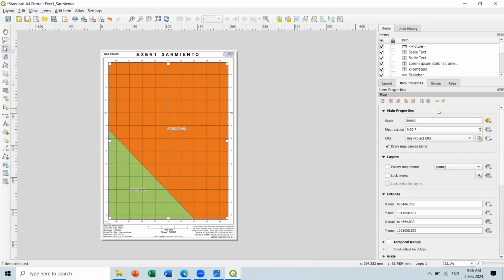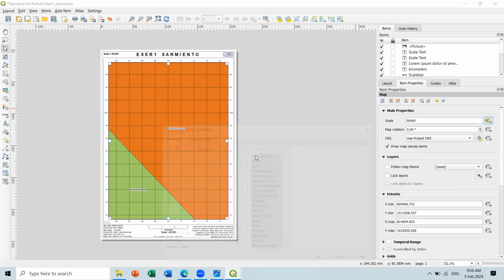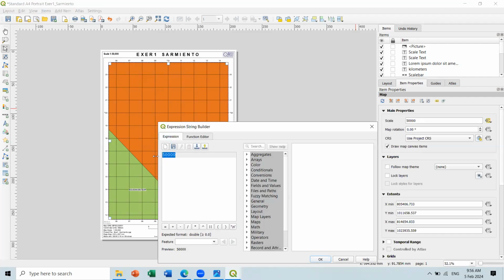Clicking on the map, it will give us its property and the scales. As you can see, it's 50,000. So to change this one, we have to click the expression here on the side. Current is 50,000. We will edit it into 1.8 million. Actually, you can try any scale of your design